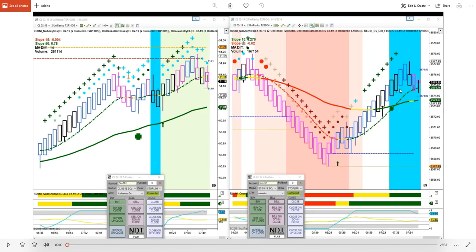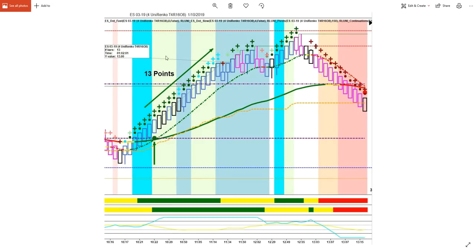Now here, here's the E-Mini on a 4-unit Renko. It's a much longer time frame than the 2-unit Renko we trade in the room. And this is a 13-point move up. Entry right here. Now this arrow is overlapping the Laguerre signal. And you get this great move up. No reason to exit this trade